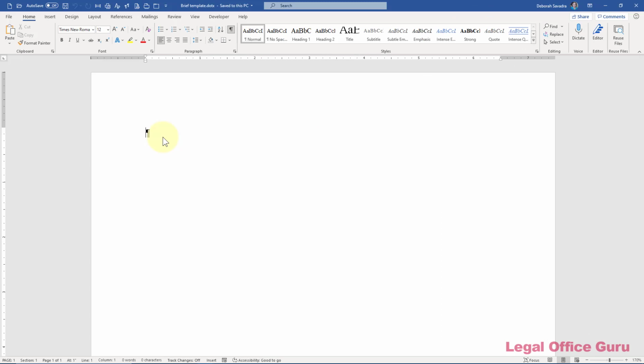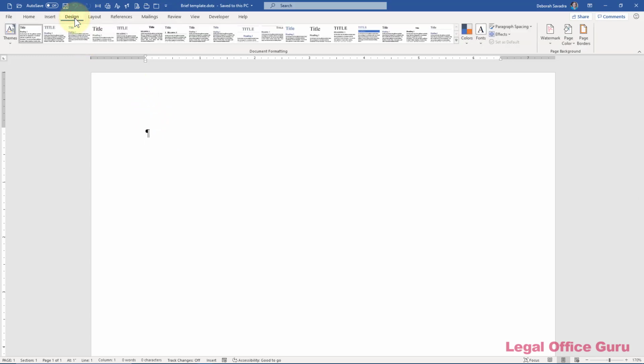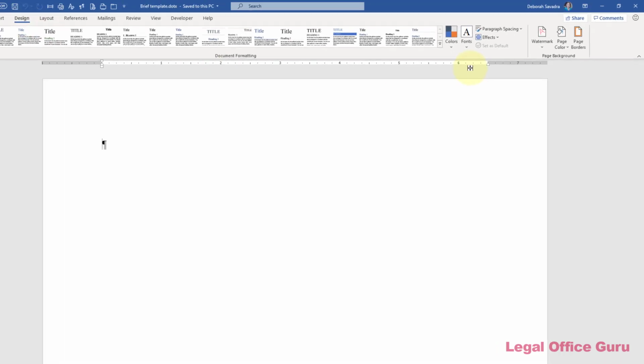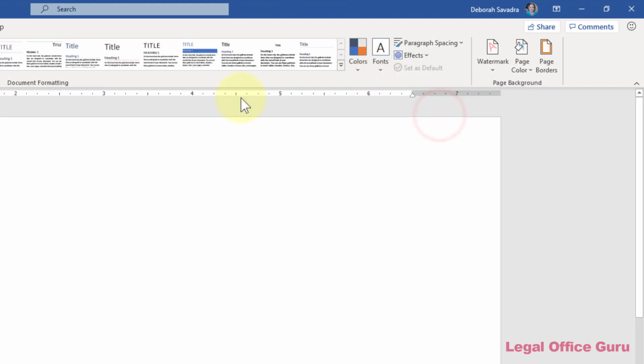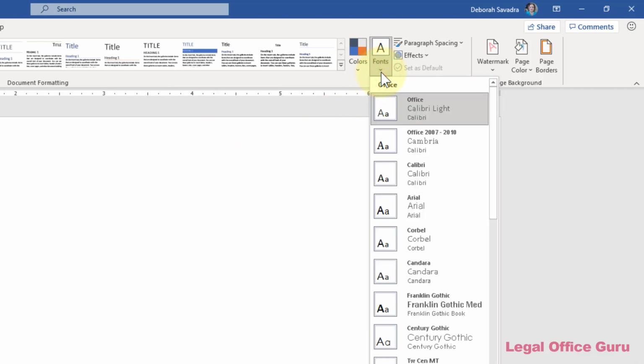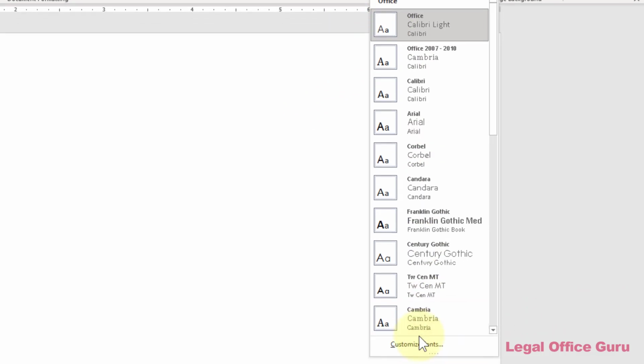Alright, let's start with saving the styles for the body and heading fonts. We're going to go over to the Design tab, and over here under Fonts, you'll see all these theme fonts. Right now I'm in the default Office one, which is the Calibri and Calibri Light, and I'm going to create a new one of these theme fonts by going down to Customize Fonts,